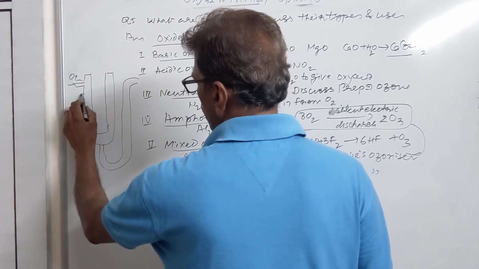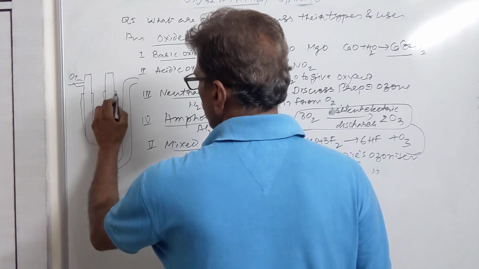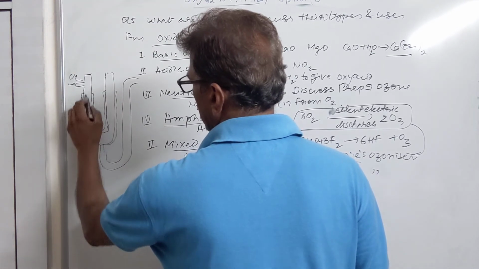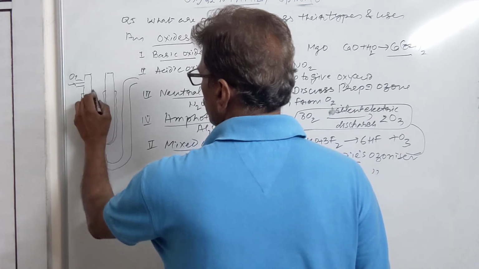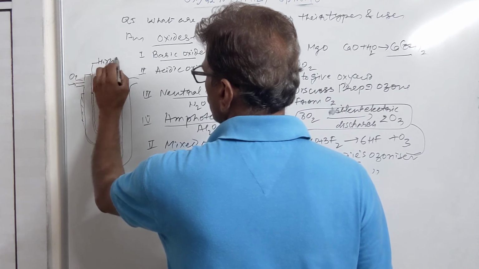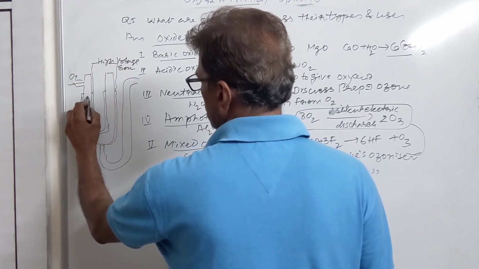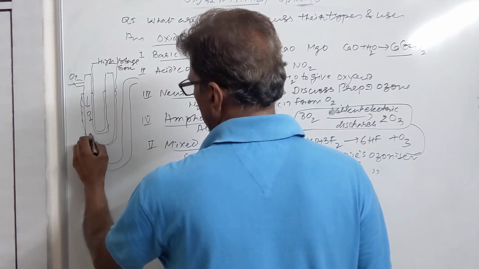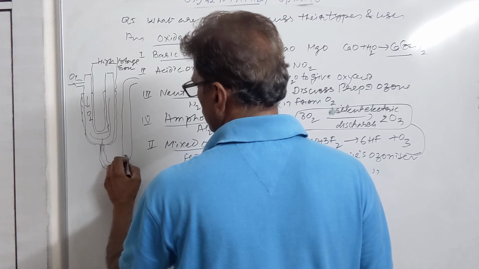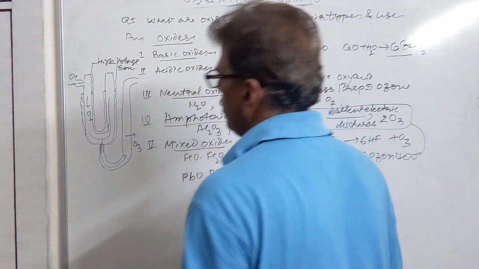ऑक्सीजन is passed through the outside of this glass tube. We have tin foils to heat up this tube. उसको हीट अप करने के लिए टिन फॉयल लगाए जाते हैं जिनमें से हाई वोल्टेज पास की जाती है. हाई वोल्टेज सोर्स यहाँ लगाया जाता है. तो यहाँ से जब ऑक्सीजन क्रॉस कर रही होगी साइलेंट इलेक्ट्रिक करंट के दौरान, it will change into the ozone gas. तो ये ओजोन गैस में बदल जाएगी.